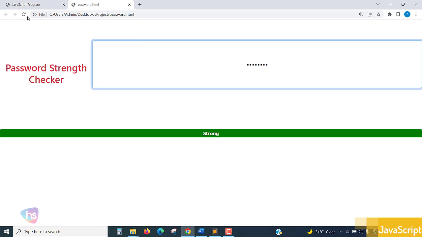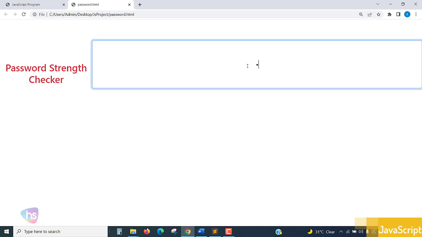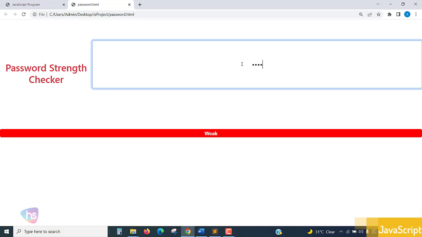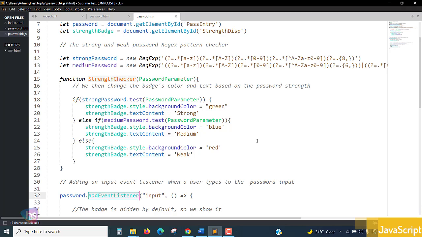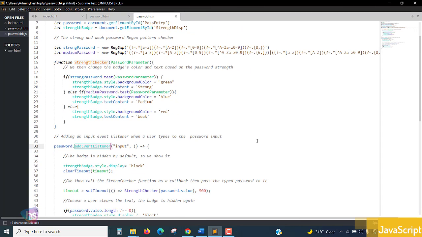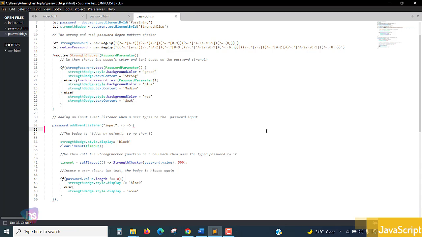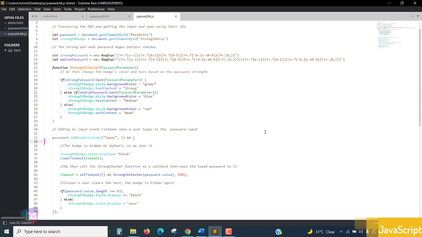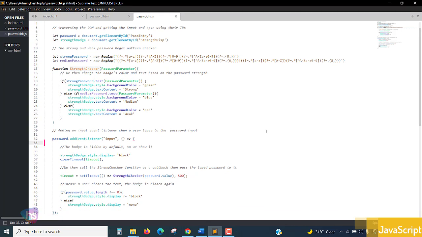So let's see, I'll show you the output once again. Capital letter, small letter, number and 8 characters. So it is moving into strong. See, this is how we have prepared this entire code. It is presented here. If you need, you can take a snapshot of this and prepare a standard password strength checker in your application,